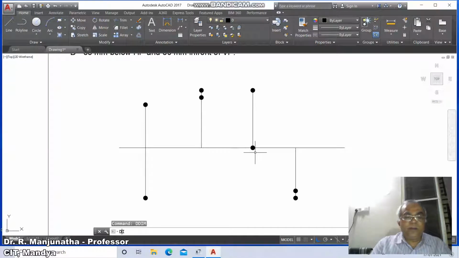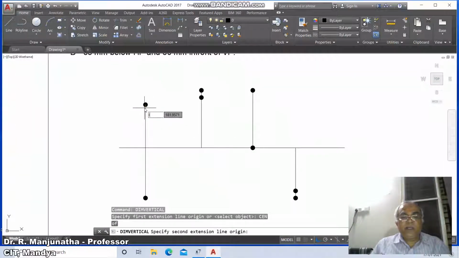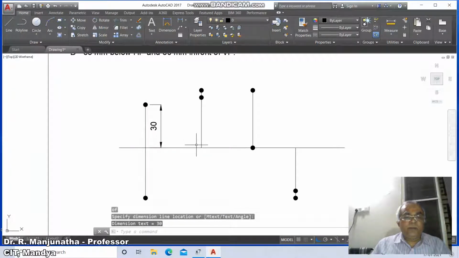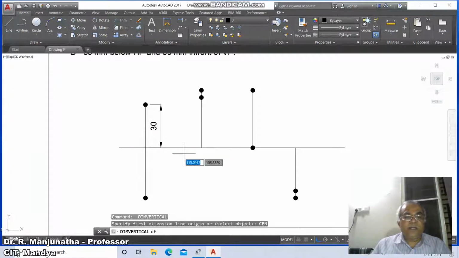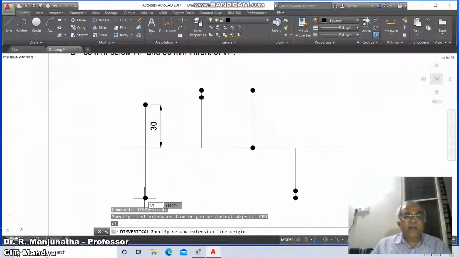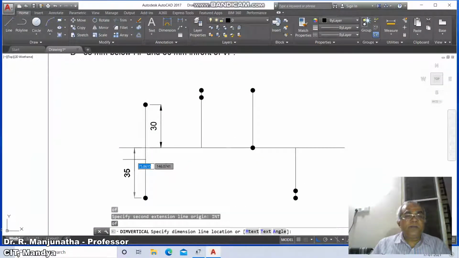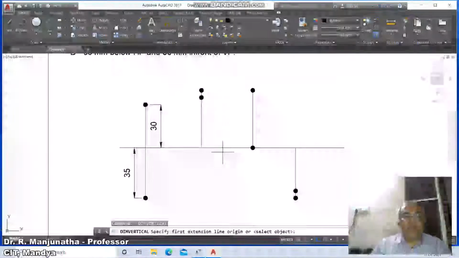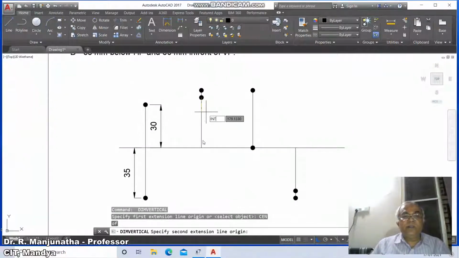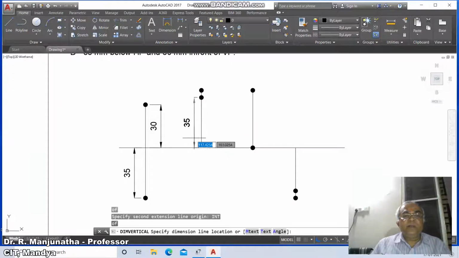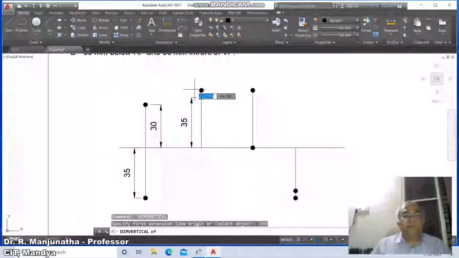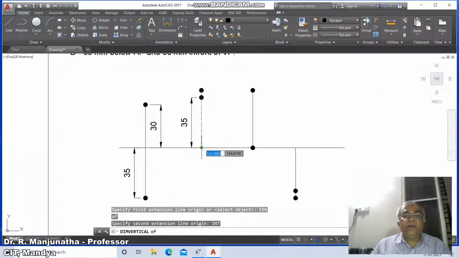Now we will go for dim vertical, take center of this and intersection point of this. So you take 30, then vertical, take center of this and intersection of this and take it to 35. Similarly, vertical, take center of this to intersection of this, take 35 and then vertical, take center of this to intersection of this.